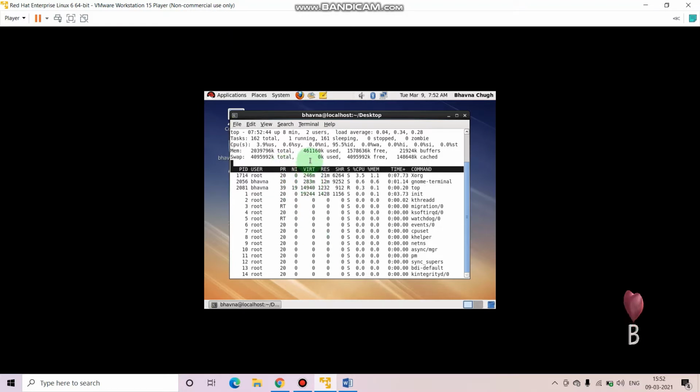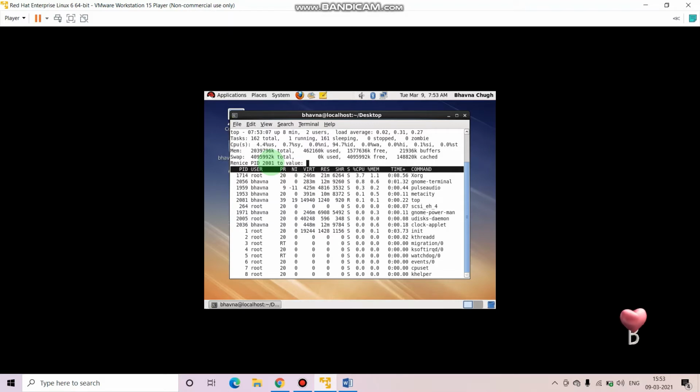Again, if you want to change the value, you have to press R, then specify the PID again and enter. Then it will ask for the value. I will put -20 now and enter. Okay, just a second, it's not working. I think I have not logged in as root, so this is happening.